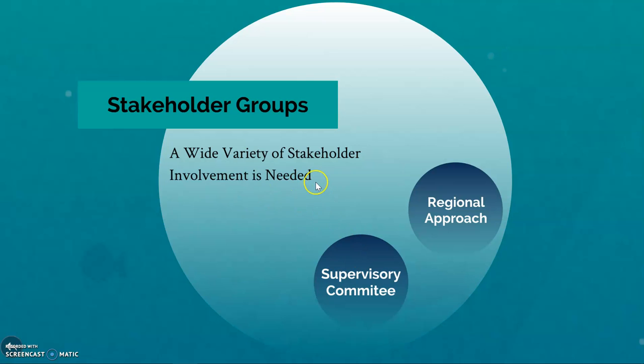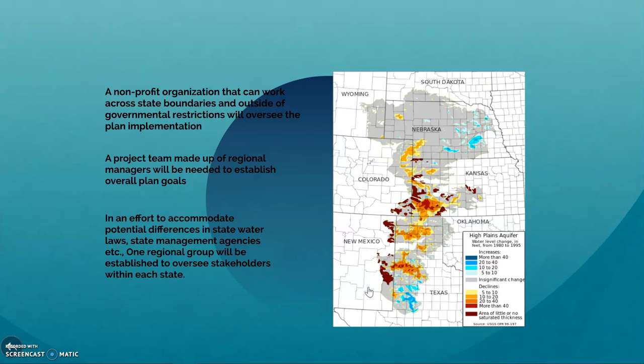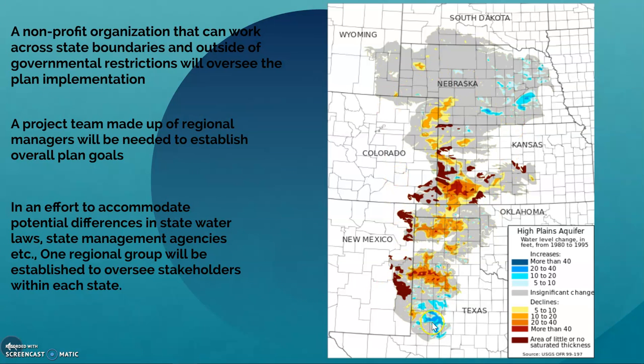And one of the ways that this program will be set up is to do a regional approach with a supervisory committee, because this plan covers essentially 8 different states within the region where the aquifer sits. A nonprofit organization that can work across state boundaries and outside of governmental restrictions will oversee the overall plan. And then within each state, project teams will be established to help establish regional goals and to work with regional stakeholders, again, within regional and state laws that allow